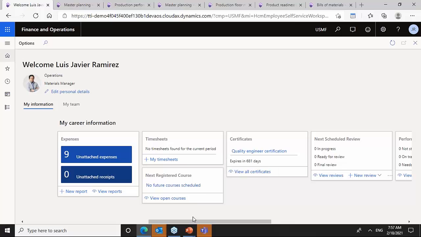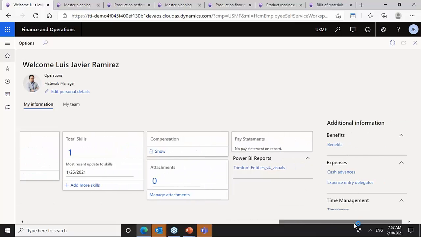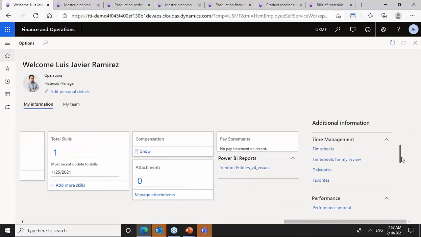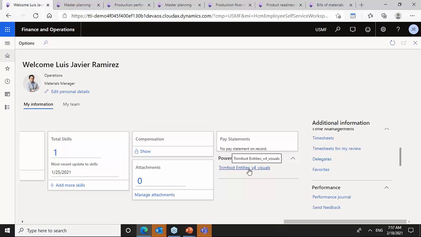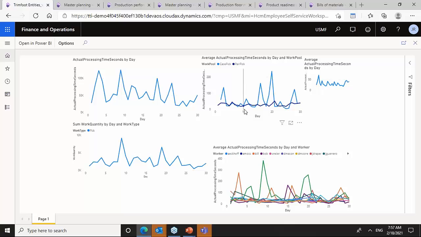You can see what your certifications are and add a new certification. You can perform different things, right? The skills, and actually have links to Power BI dashboards, right? So it's like, hey, you know what? My role is to be a warehouse manager. Okay, so I'm going to take a look at dashboards that are in Power BI right away, right,